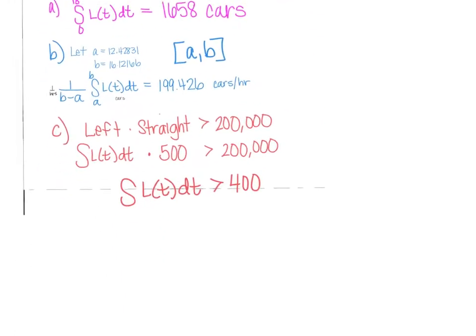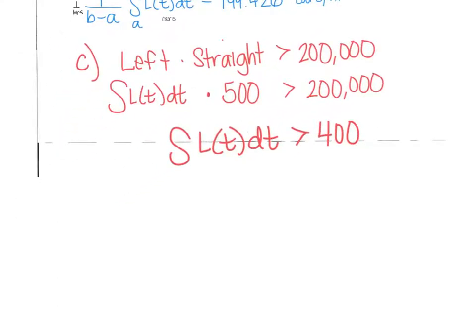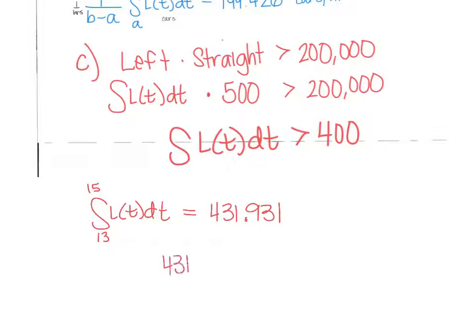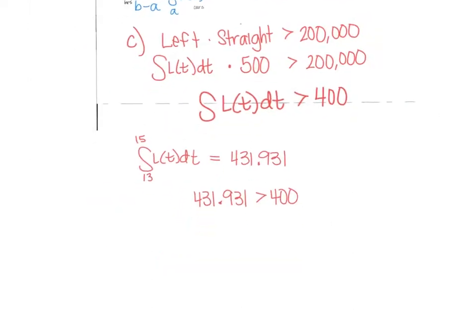So what I did is I said, okay, I'm going to try the integral from 13 to 15 of L of t dt. 13 to 15 gave me 431.931 when I put it in my calculator. And since 431.931, remember you always have to have 3 decimal places unless they tell you otherwise, is greater than 400,